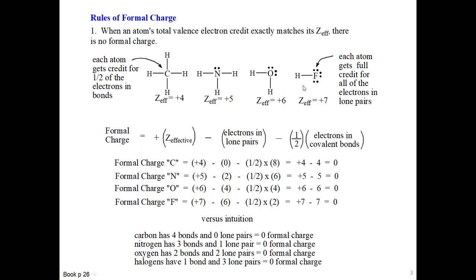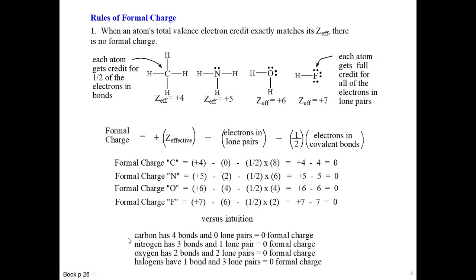And if we go to HF, the fluorine has a +7 Z effective. It has 6 electrons in 3 lone pairs that belong to the fluorine. It gets 1/2 of the electrons in the bond, so that would be 1. So that's 7 credit, and +7 - 7 would be 0 formal charge. These are all neutral molecules, should be fairly familiar to you,